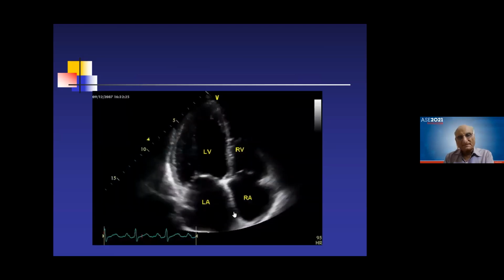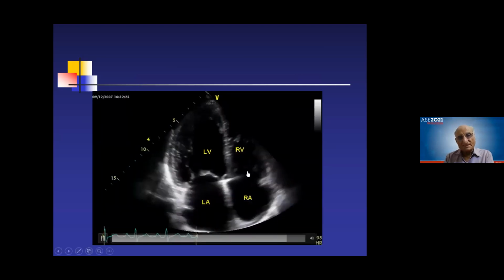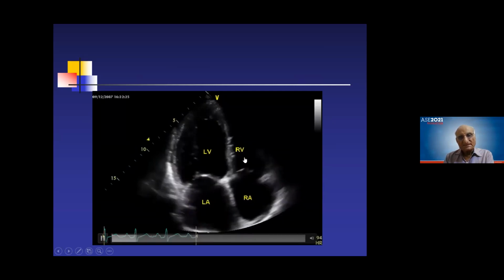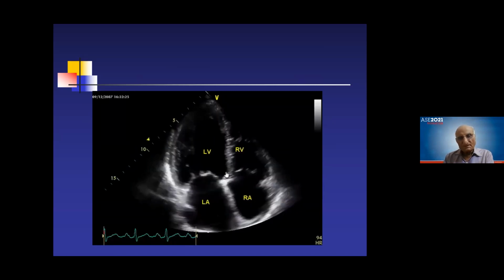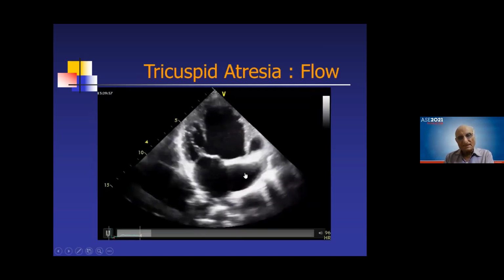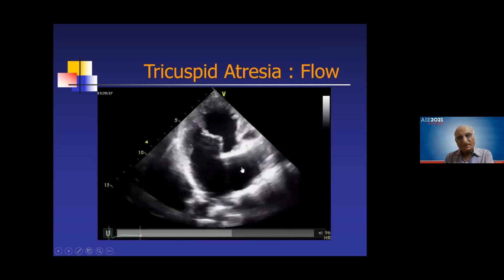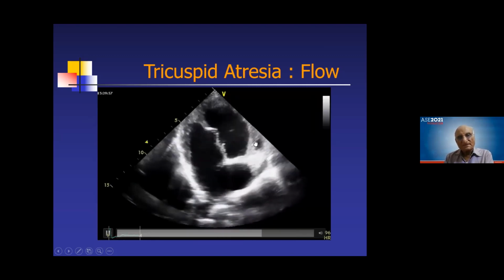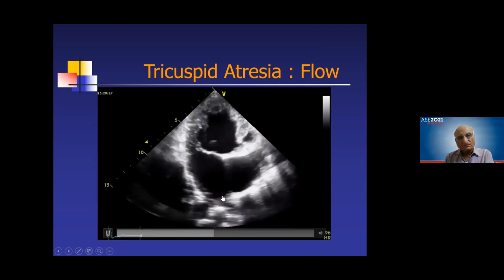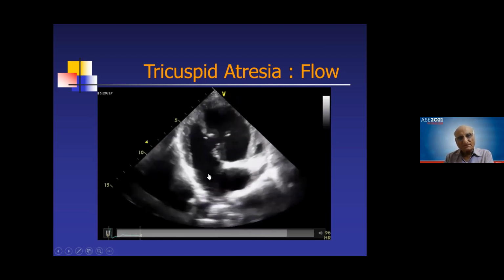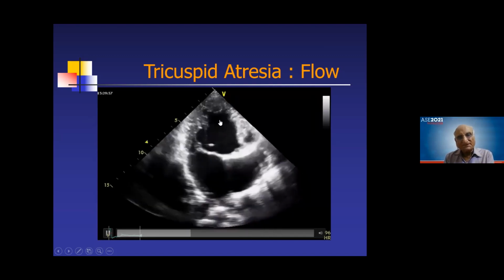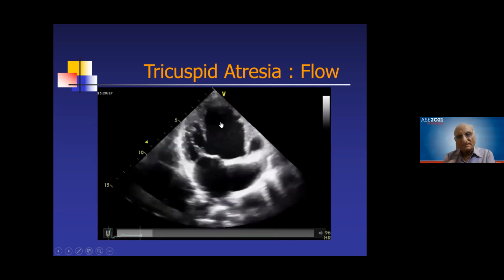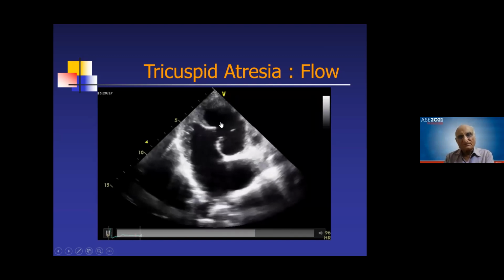Now see again, this time showing every time. Now this is a tricuspid valve. The RA is connected to the RV because of a nice tricuspid valve. Now here you see there is RV, RA. There is a dense echo band, no connection, and a hypoplastic right ventricle. A very hypoplastic right ventricle, and this is the pulmonary vein. So this becomes the left atrium, this becomes the left ventricle, and one prominent AV valve because the child or the boy has to survive.